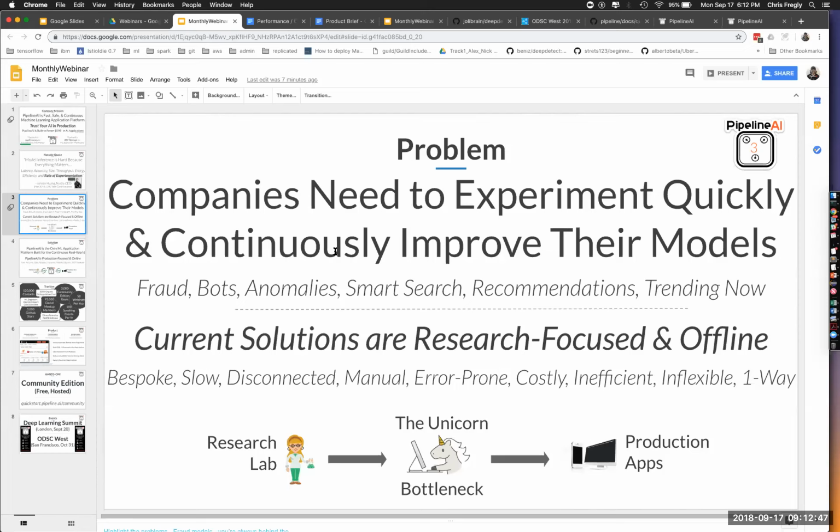So current solutions either are bespoke one-off solutions, or they're slow and offline, trying to do things online with a set of features and a base architecture that's really meant for offline. A classic would be trying to do Spark ML online but still being bound to a Spark cluster. This is just a horrible practice, or trying to use even Kafka for request-response type things. It's trying to fit a square peg into a round hole.